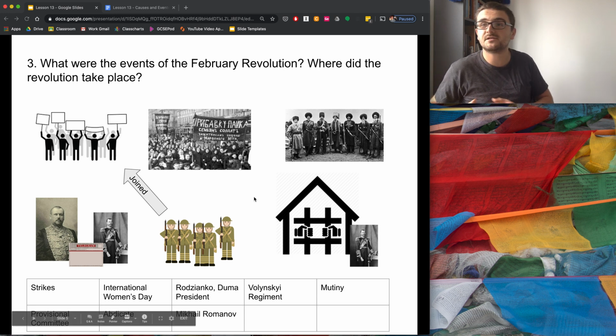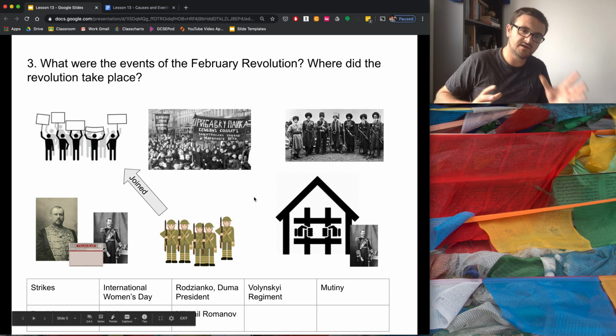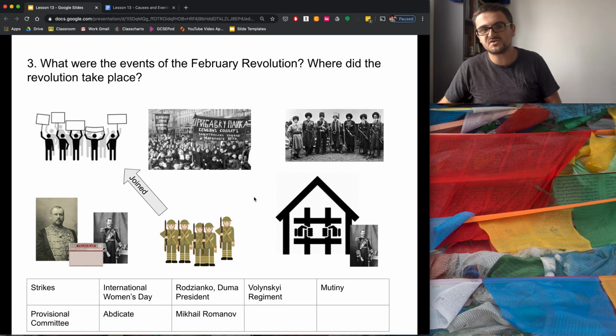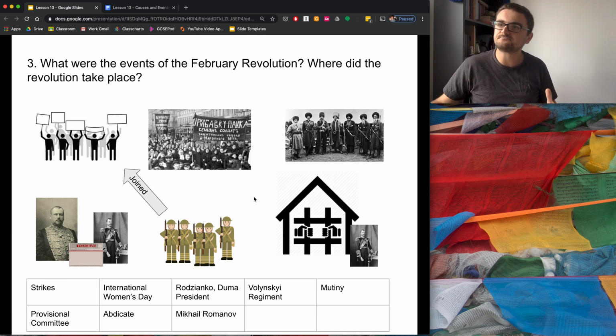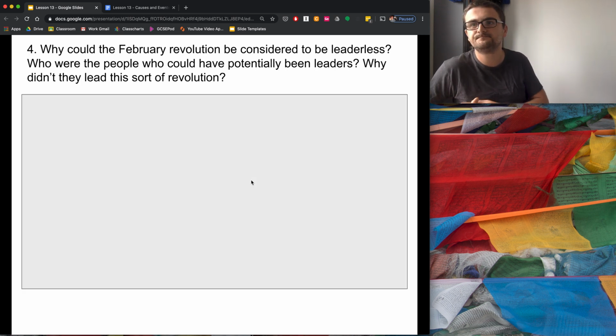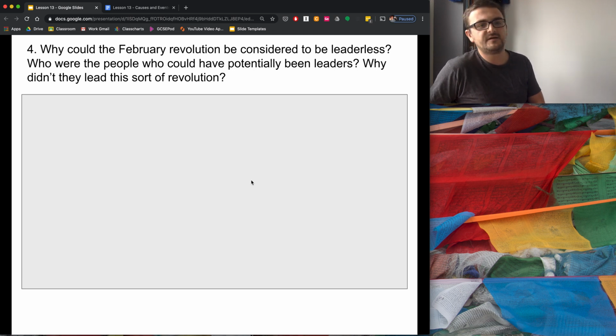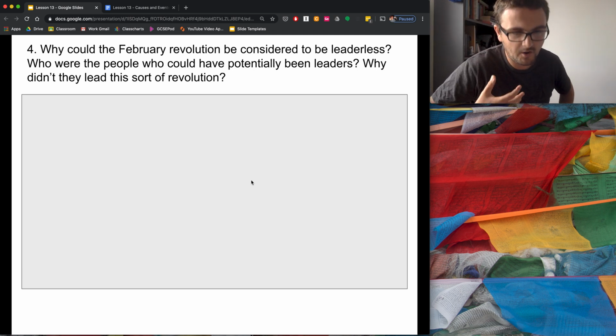Excellent. Right, your next question, after looking at those events, and after that, that is very much the two longest questions over and done with. The next 4 or 5 are quite a bit shorter as we look at what the situation is like after the February Revolution. So question 4 is, I mentioned before that the February Revolution was very much bottom up and